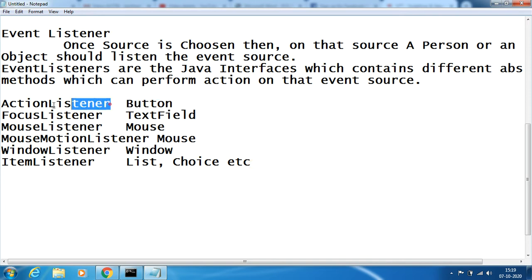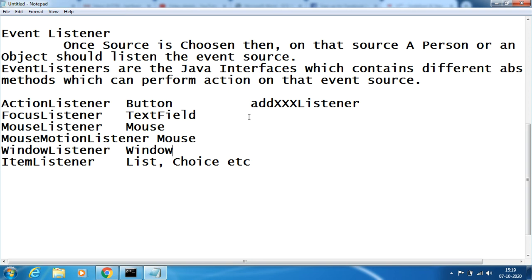Once the event listener is created, event listeners are to be created on that particular event source. How to create an event? This is the event source. To create an event on this event source, we have to add the listener. So we call that add XXX listener, meaning I have to add this event source with a listener.